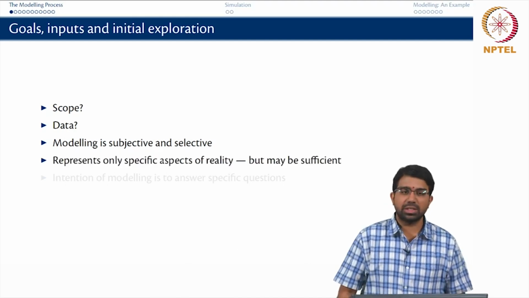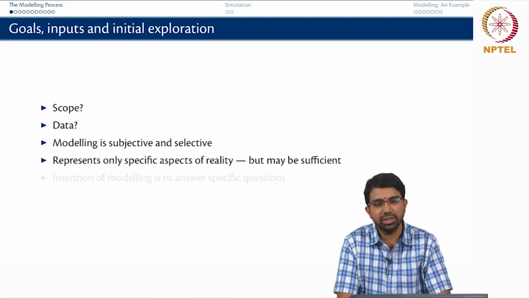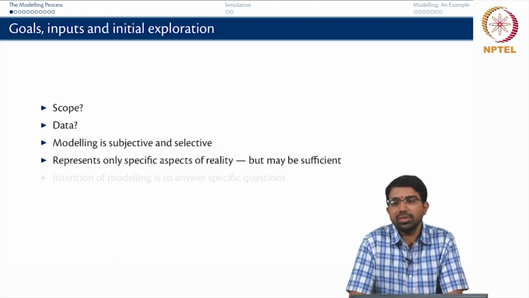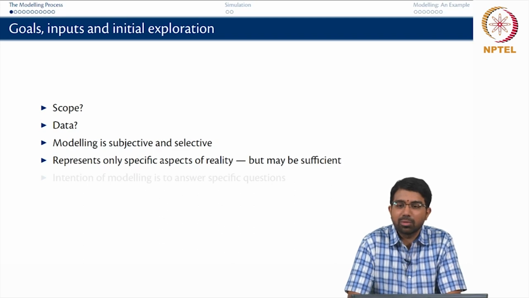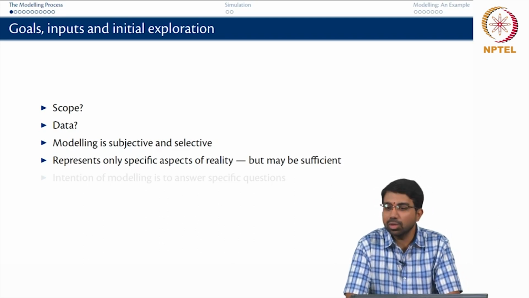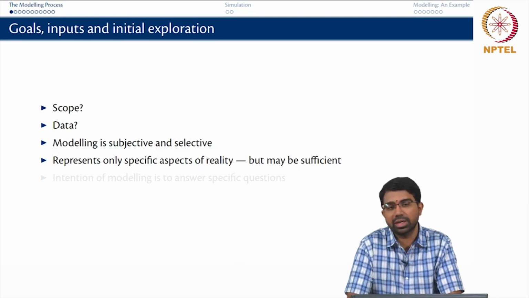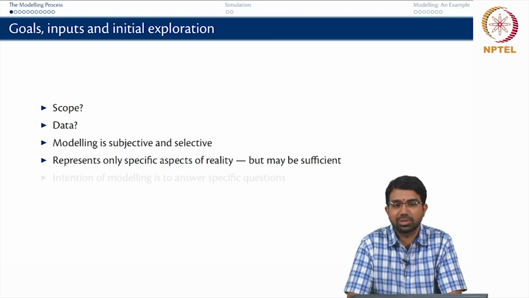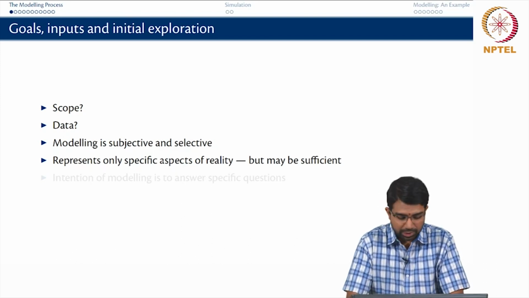It represents only specific aspects of reality, but that is usually sufficient, because it always depends on what it is that you want to predict, right. If you want time course predictions and so on, you have to use a dynamic model. If you do not want time course predictions, you may get away by using a static model. You want to just rank certain components in terms of their importance to affect a particular system, we could look at a static network, as we will shortly see,